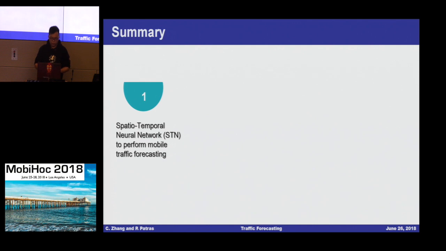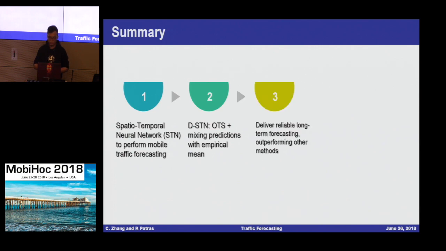So to summarize, in order to overcome the problems in traditional methods, in this work we propose a spatial-temporal neural network to perform mobile traffic forecasting. We begin with one-step forecasting, then we extend the prediction duration by combining the overlapping scheme and the missing prediction data. This allows us to deliver reliable long-term mobile traffic forecasting while outperforming other methods by up to 61%. And more importantly, our approach generalizes well to a different city without requiring